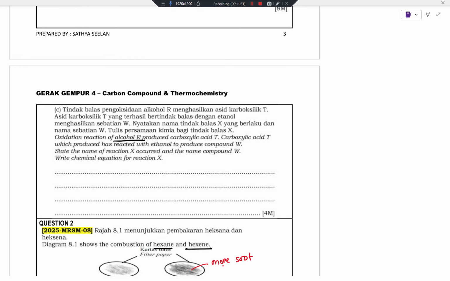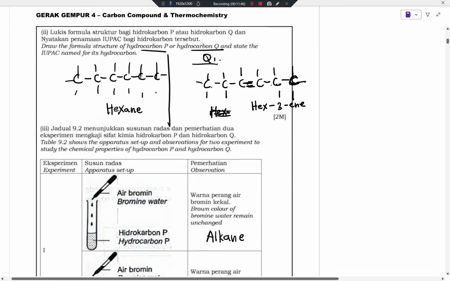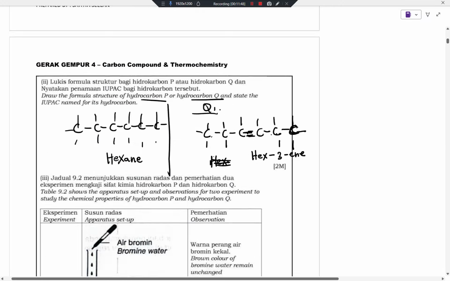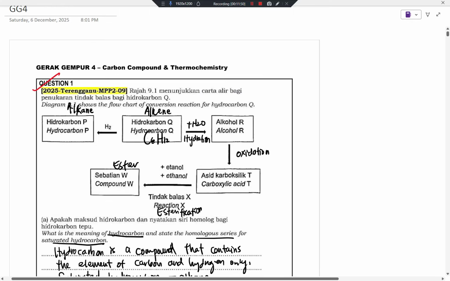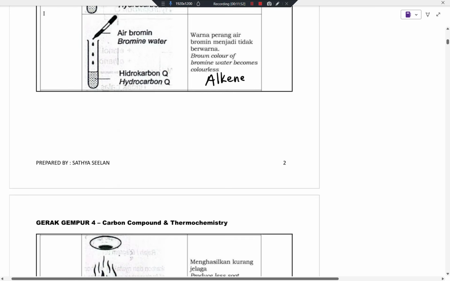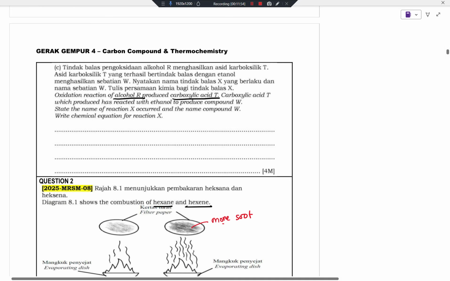Oxidation reaction of alcohol R produces carboxylic acid T. Okay, carboxylic acid T is reacted with ethanol to produce compound W. Okay, state the name of reaction X. Sure. Reaction X, esterification. Okay, reaction X is esterification, and name the compound